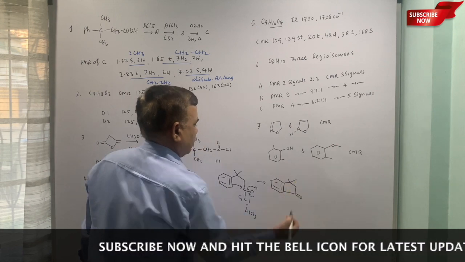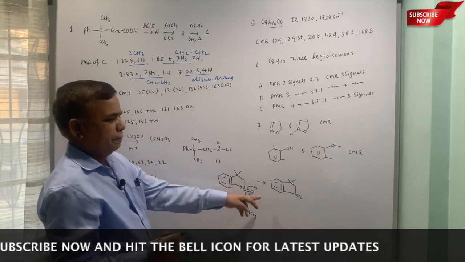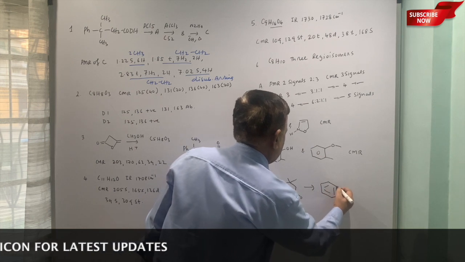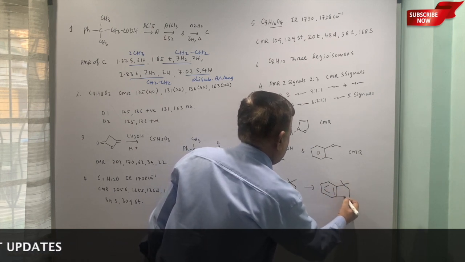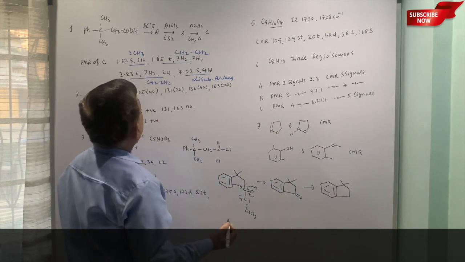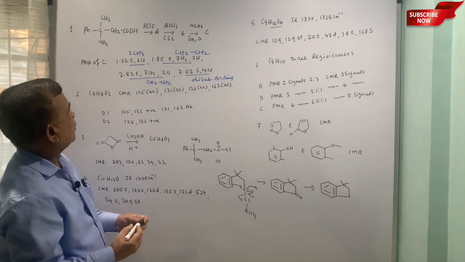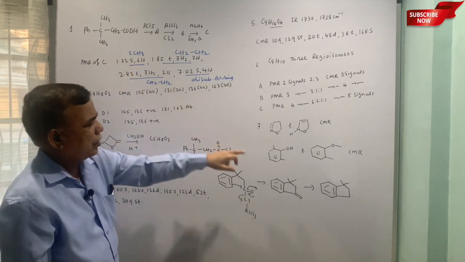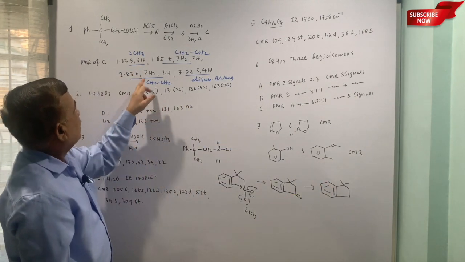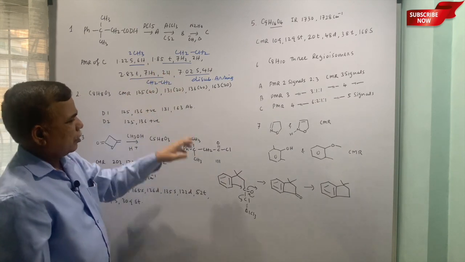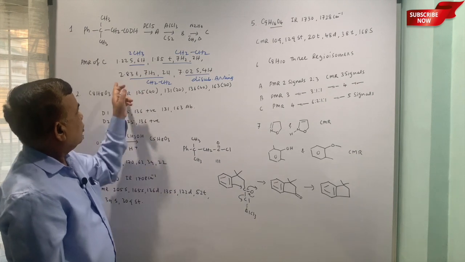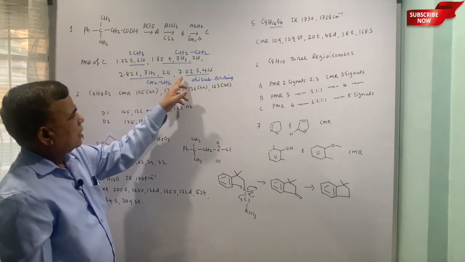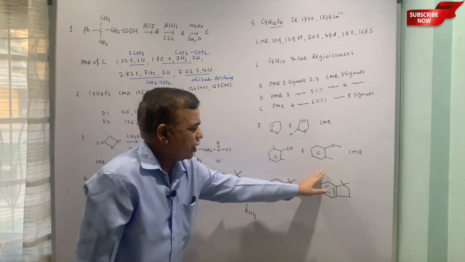Carbonyl, this is compound B, and compound C would be this one. 1.22 is a singlet, 6 protons, that is this gem dimethyl; a triplet of 2 protons and a triplet of 2 protons, those are the methylenes. 2.83 is this one, 1.85 is the upper one, and 7.02 is for the aromatic ring.